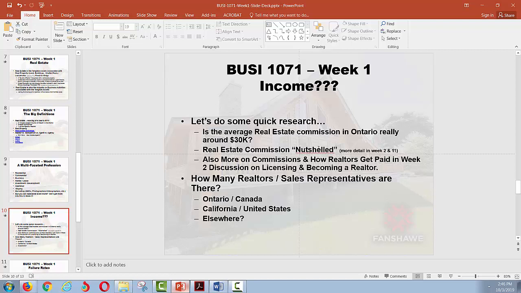And you don't see as many if you check some of your home countries, maybe elsewhere. You don't see the numbers so staggering in other countries, and this is because the way it's regulated is not the same. People can just get into it and start selling, and there are no licensing requirements in a lot of countries. So I mainly focused on this type of data with Canada and the US, and you could see there's a lot of people out there.